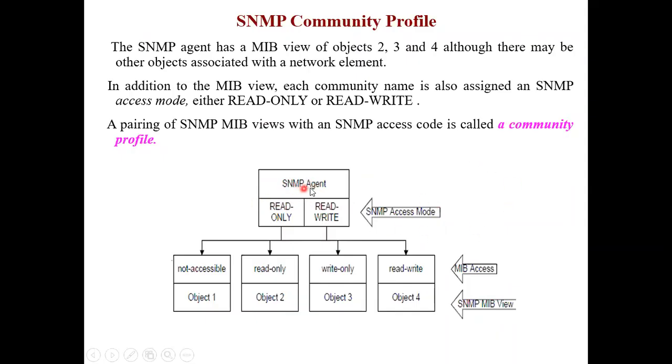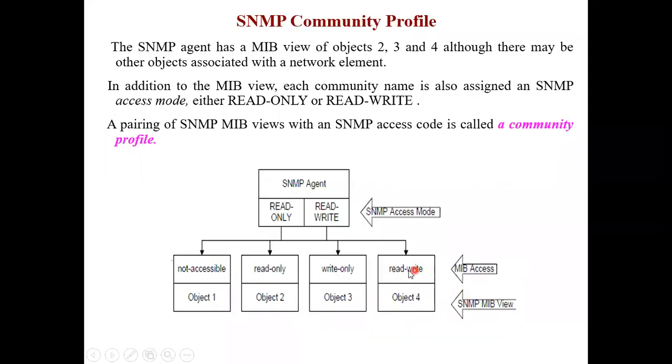Now, continuing with this, suppose here I have an agent, an SNMP agent. So there is an SNMP access mode. The SNMP agent can perform read only, or I can read as well as write. So this is the SNMP access. Now, when I say the MIB view, that tree diagram, below the agent, what do we have? Objects. I have not taken the manager over here. Suppose the agent is there, and below the agent I have the objects. So suppose, for example, I just right now take 4 objects: object 1, object 2, object 3, and object 4. This is the tree diagram that is growing. So that is the SNMP MIB view.